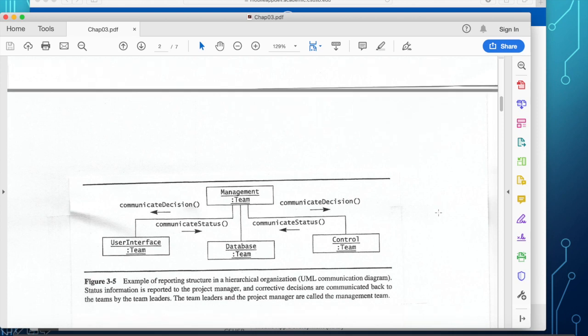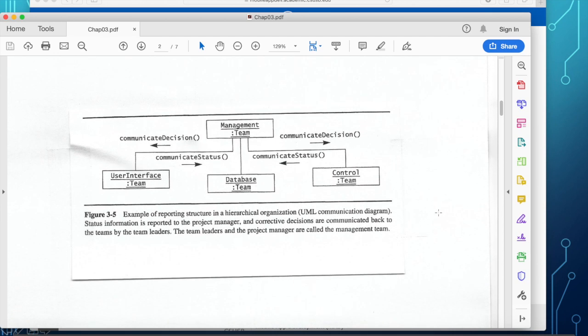Okay? All right. And the management team, as you see here, following the previous project organization, provides the leadership and the management of the different teams, the user interface team, the database team, and the control team.